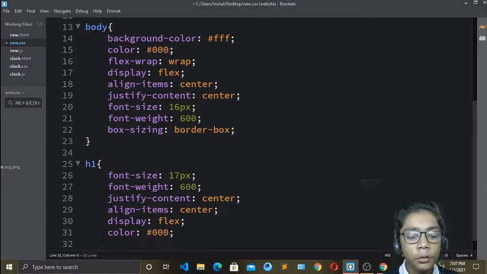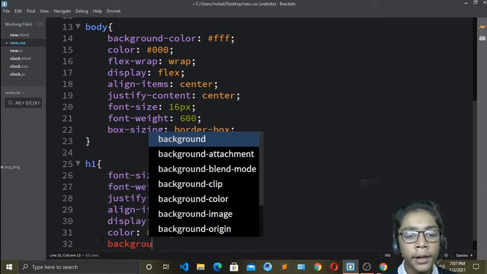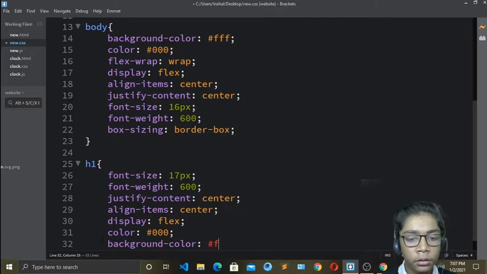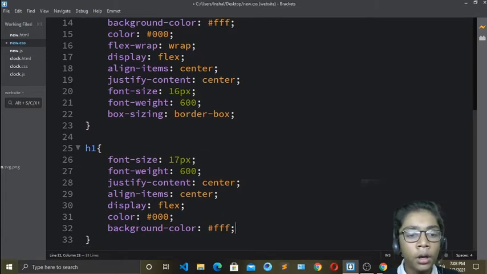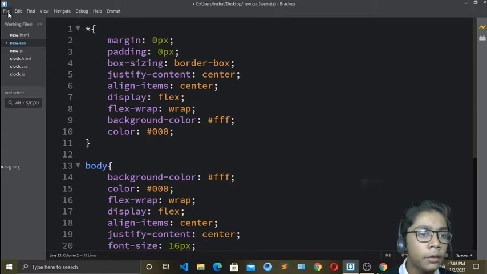And now here you have to come and write the background color. So I will write background color should be white. Okay, so now we have just done till over here. Now I will come underneath again, and press backspace. So now it is done. When you have done that all, hit save.